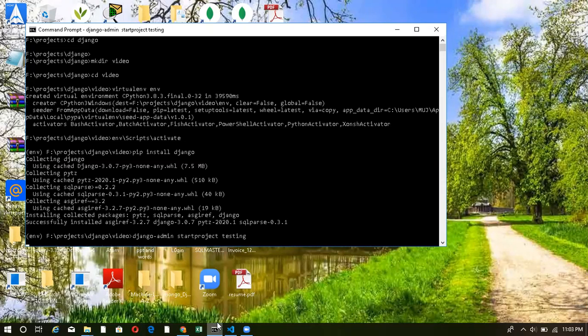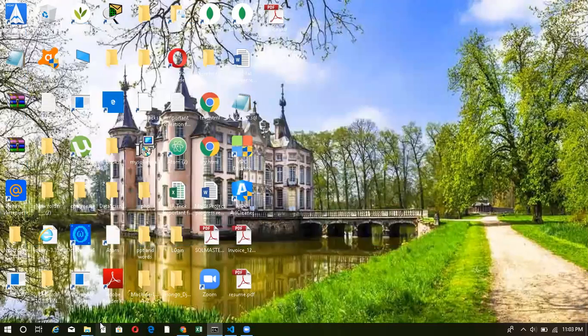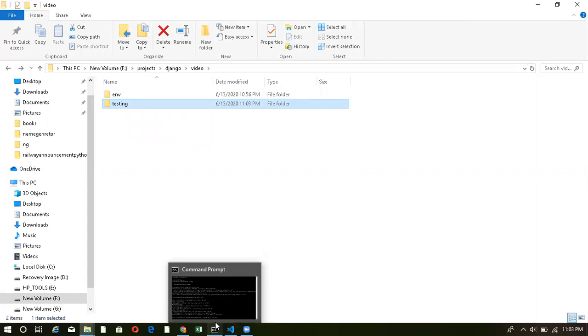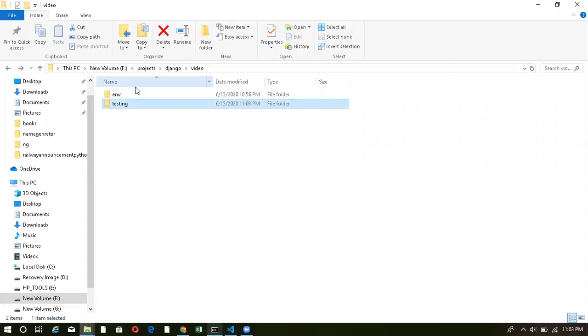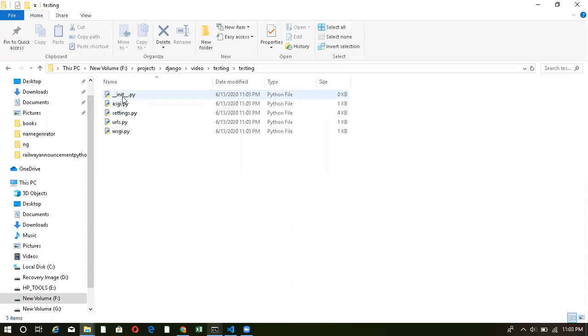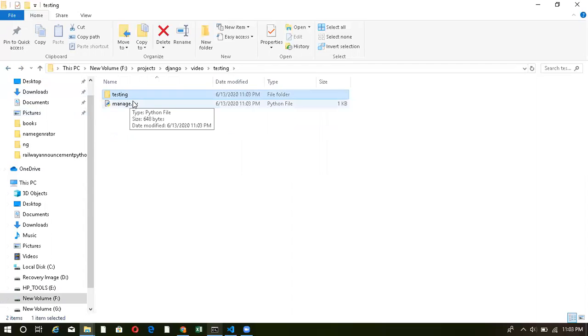Now if I create it, you can see that a new folder named testing has been created. Now if I enter inside this testing folder, it has two more things. It has a folder named testing again. Inside that I have some predefined files, __init__.py, asgi.py, settings.py, and I have a manage.py file over here.